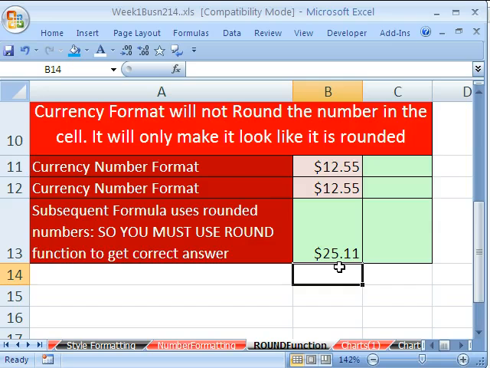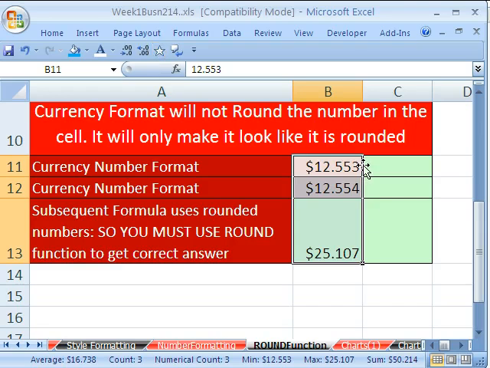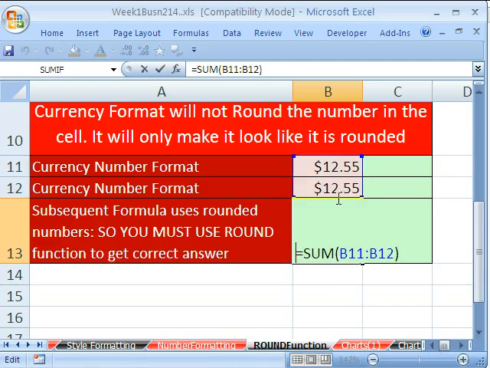We're getting tricked by formatting. If you increase the decimals here, increase the decimals, you can see that there was a 3 and a 4 hanging out there. When we formatted it, it just made it look like it was rounded. Now I'm going to Control Z. Look, it looks like it's rounded, but here's the rule. When you have some unrounded numbers in cells or from formulas, if you're going to make a subsequent calculation